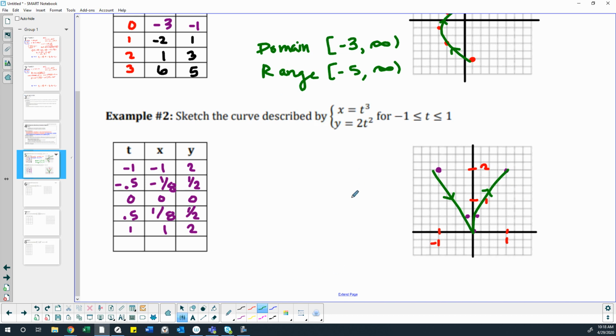So that's interesting, right? The x values would go from -1 to 1, and the y values would go from 0 to 2. And this one would be a function. We don't really care, though, if parametric equations are functions or not in general. We just want to know the path of something that's moving. And sometimes it moves in a path that represents a function, and sometimes it does not. So I don't think it hurts to do domain and range even if they're functions or not. So, okay, let's go to